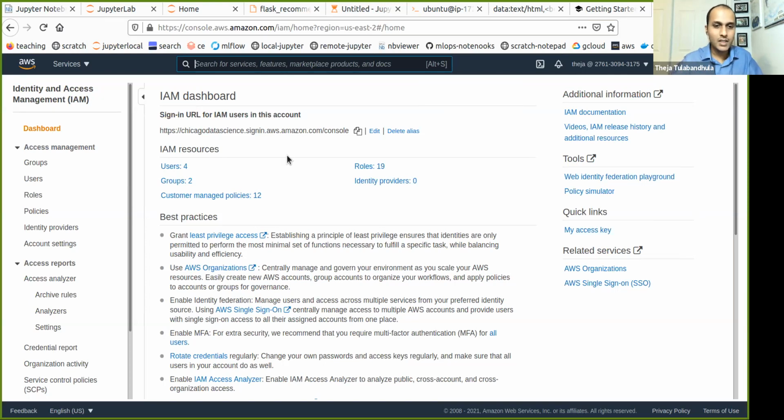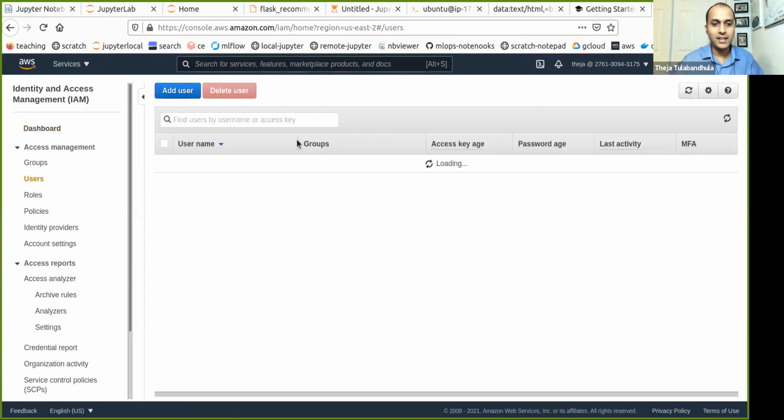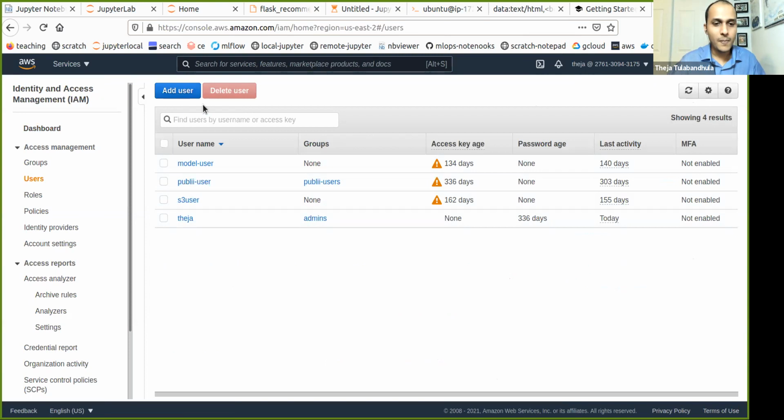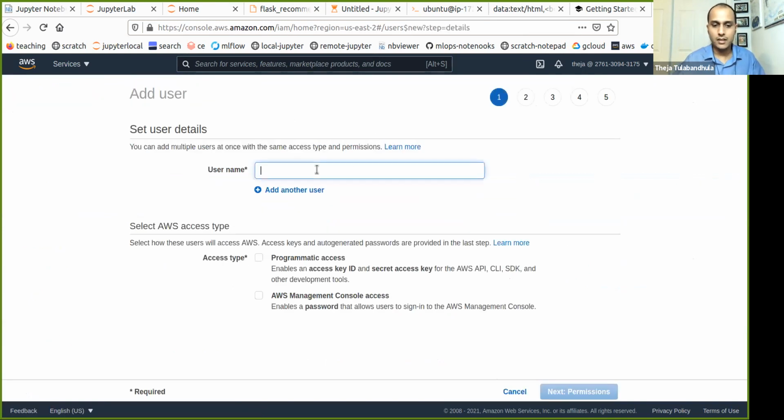Okay. So I already have some users and groups. Let's ignore them. So let me add a user. Let me give a name, Flask user, or maybe Docker user, let's say.